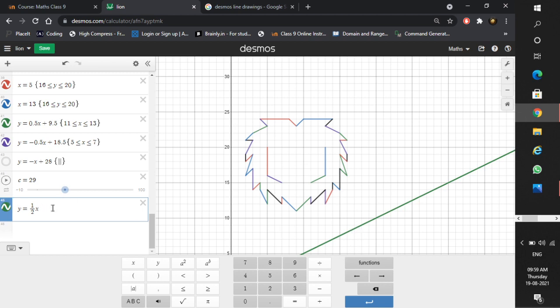You can either use the slider or you can randomly put some number also. Just like I have put here 20. So it's a bit more. No, I'm just putting 21. So it went above. So I need to put 20.5. So this is exactly this. Now I have to put the limits.